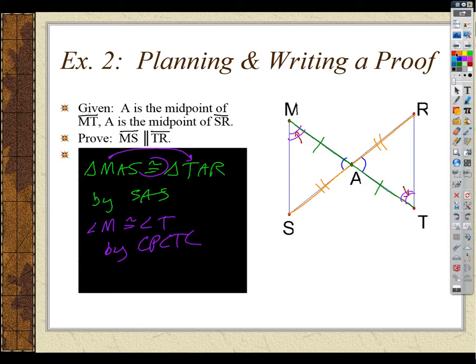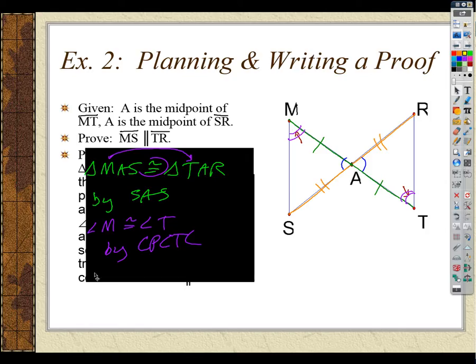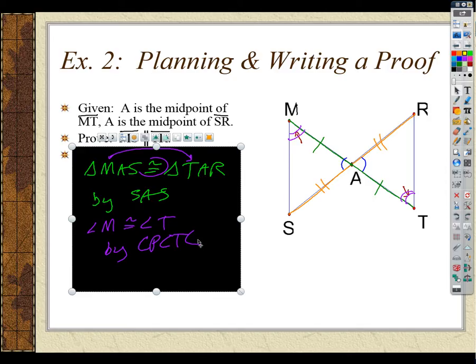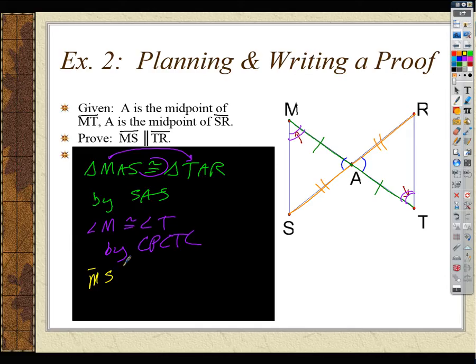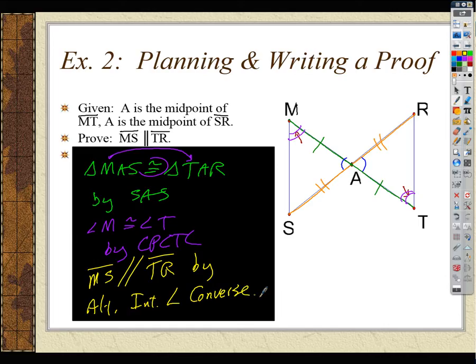Okay. So if we wanted to look at, well, let me write that down. So the last step would be then: side MS, oops, segment MS is parallel to segment TR by alternate interior angle converse. And we got it. Okay, make sense? If we wanted to write all that out as a proof,